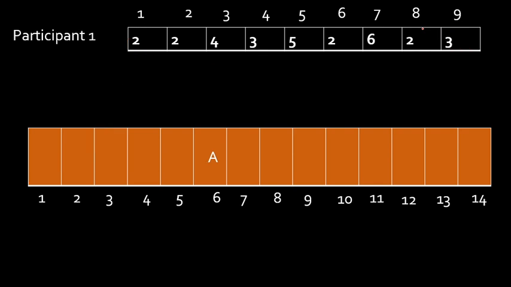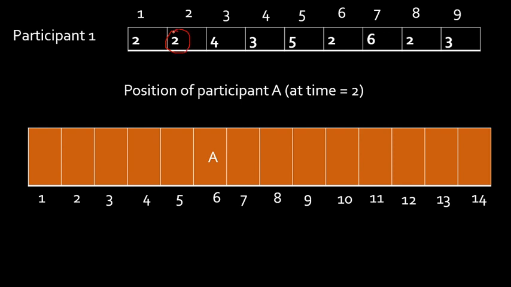Okay. At time 2, after 2 seconds, what is the number of steps taken in 2 seconds? We are taking 2 steps in 2 seconds, right? So in this scenario, what will happen? When I say 2 steps, you should not directly move it to 8. What should you do here? You should calculate the distance covered by multiplying these two. Okay. What is 2 into 3? 2 into 3 is 6. So it will move by 6 meters. From where? From this position, it will move by 6 meters. Clear? So from 6, it will move by 6 meters, which means A will be at 12.